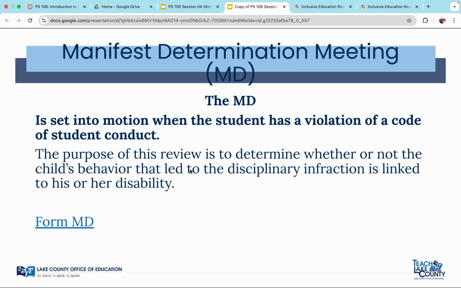Now, let's say you're working with a kid who has an emotional disturbance and he punches another student in the face and he gets suspended for 3 days, right? And let's say that third day causes it to be his 10th time he's been suspended that year. Well, then there's a manifestation determination meeting, and the principal and the teacher and the counselor will state whether or not